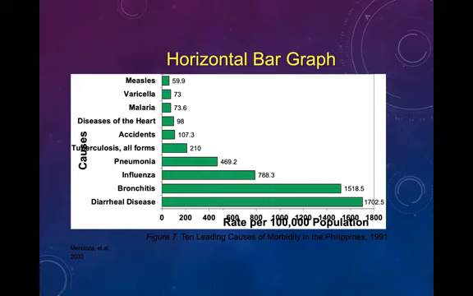Here, the data are drawn starting from the highest number from the bottom to the top. Horizontal bar graphs are appropriate when you present data with long labels that would be hard to display below a vertical bar. Also, if you are trying to display a large number of data sets on the category axis.